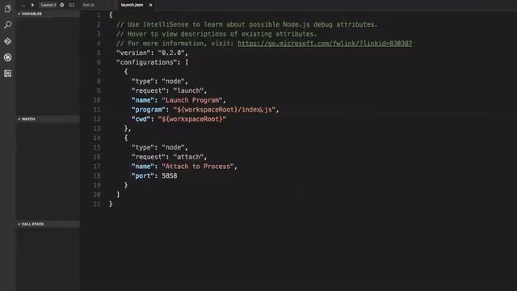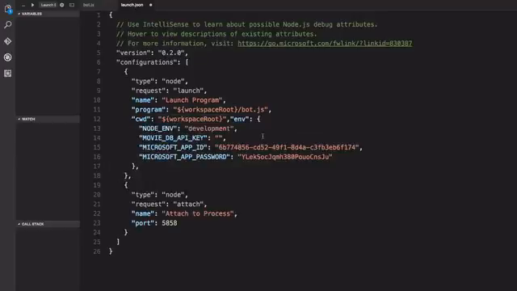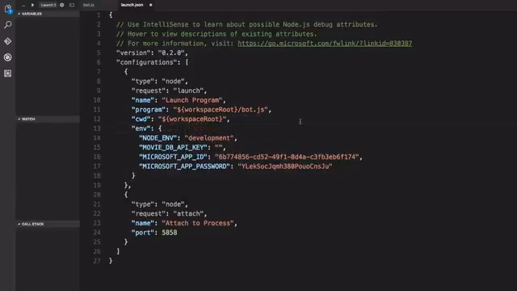In program, let's change it to bot, and we can add an env section where we specify all of our environment variables. I already had it in the clipboard. In this case, we have a NODE_ENV variable, the MovieDB API key, you just have to insert your own API key, the Microsoft App ID, and the Microsoft App password. Let's save this file, go back to the bot file